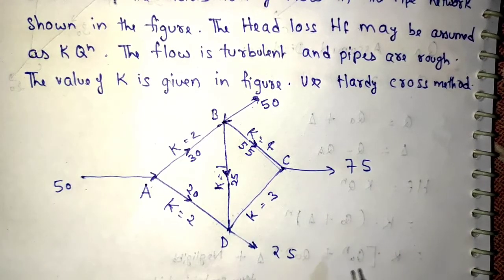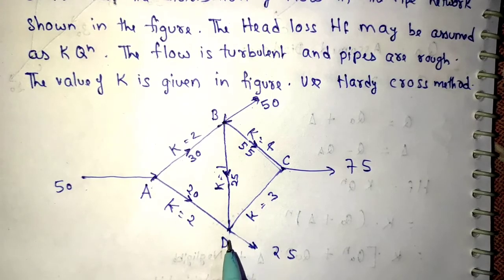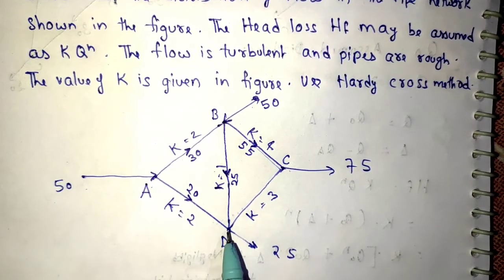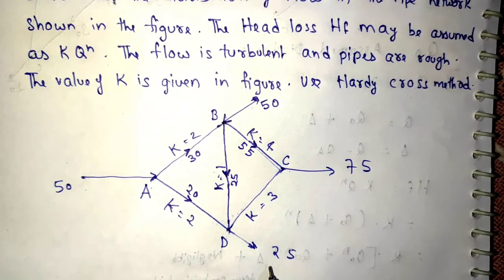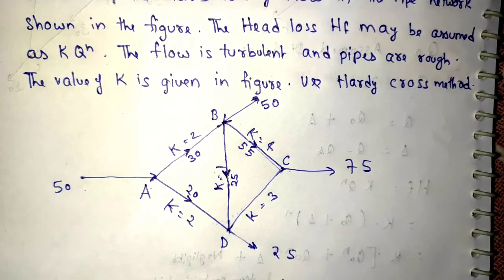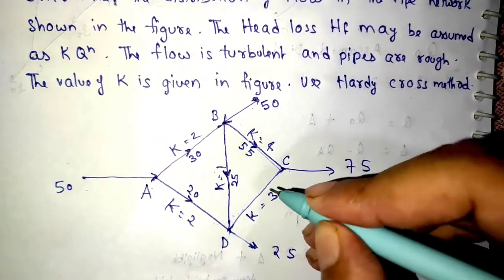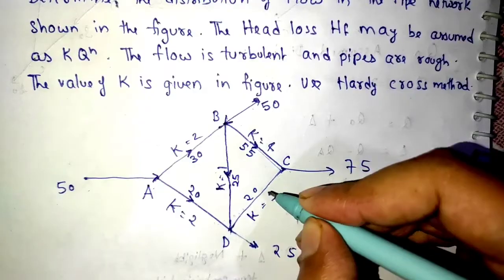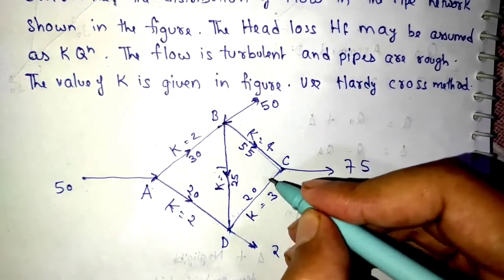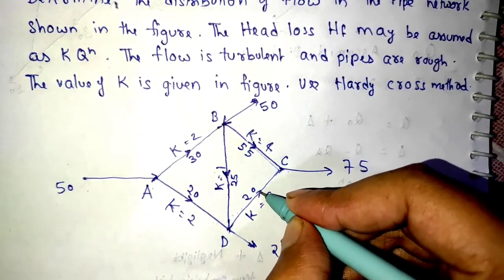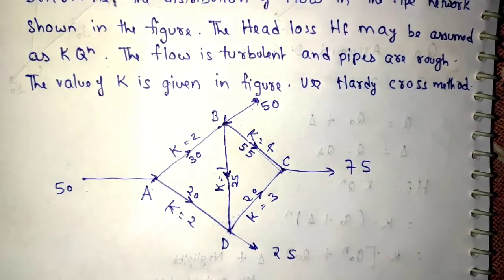Now if you come to point D, what is happening is 20 is coming from here and 25 is coming from here, that is 45 is coming from here, right? So out of that 45, 25 is exiting from here, right? So 45 minus 25, what we are left with is 20, right? So for this one, we are left with 20, and the arrow will be marked in the direction of C, right?